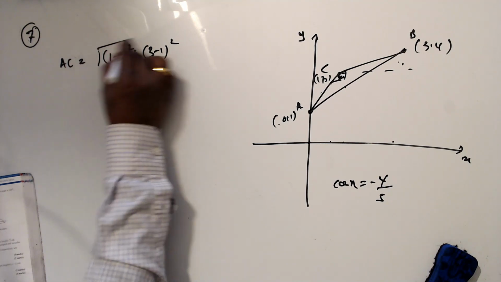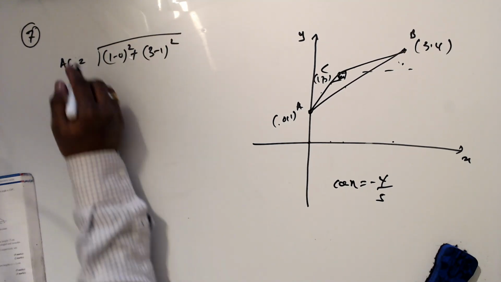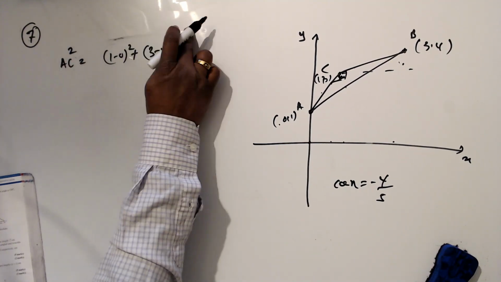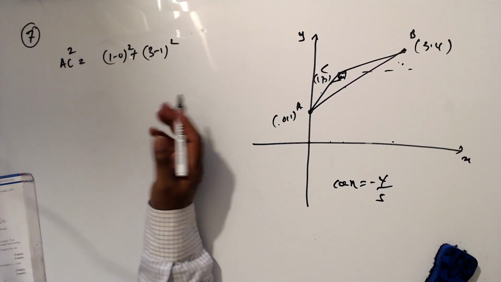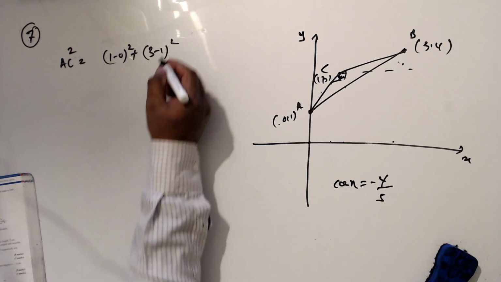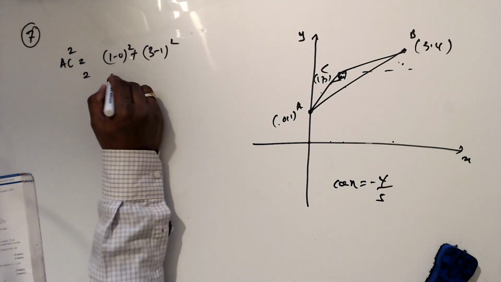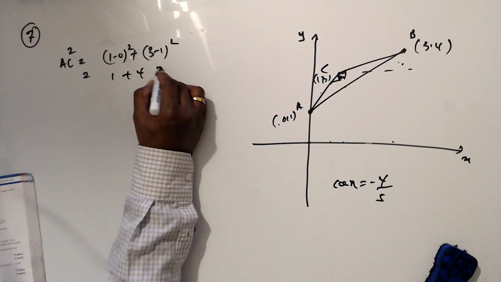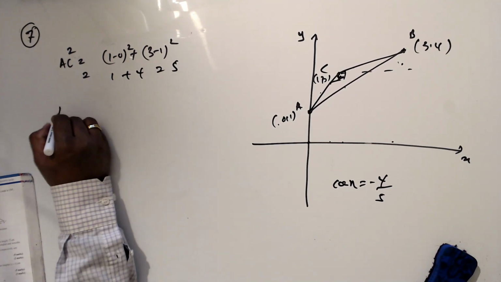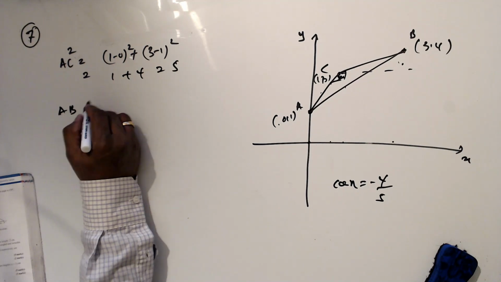Take the square root. Actually, I stay with the square because I'm going to use the cos rule. From the cos rule, it's all square. So this is going to be 1 and 3 minus 1, 2 square, 4. This is 5. Then AB,